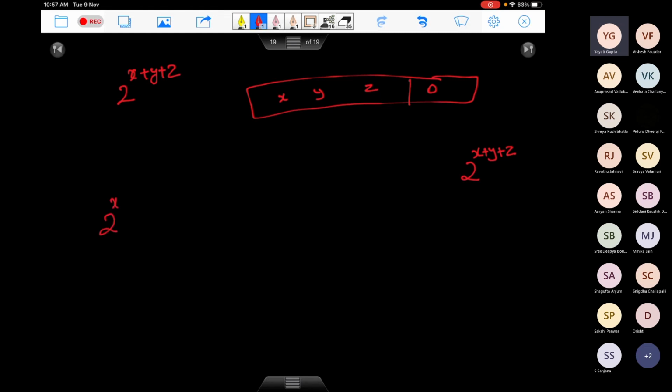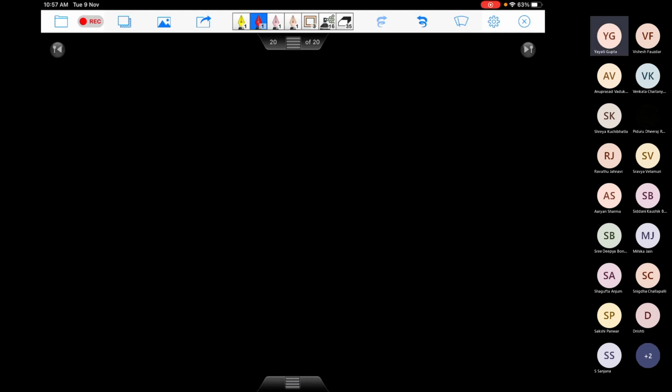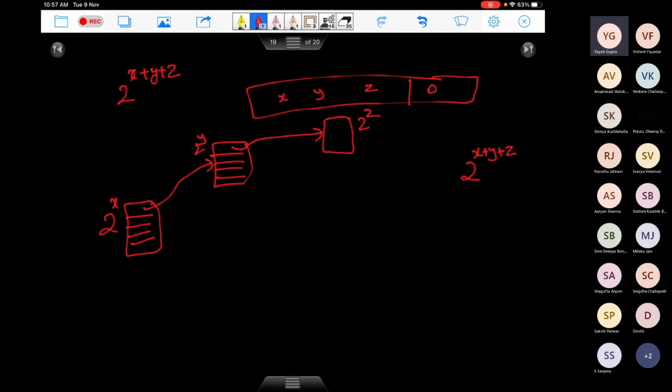The first table will have 2 to the power x entries. Corresponding to each of these 2 to the power x entries, you'll have a new table which will have 2 to the power y entries, right? And again, corresponding to each of the entries there, you'll have a new table which will have 2 to the power z entries. It might look a bit complicated now, so we'll discuss a few examples which will make it more clear what is happening, and how we even decide what x, y and z are. That also we have to talk about.